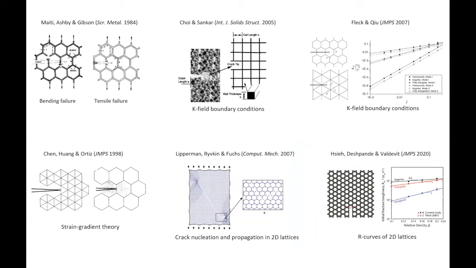So it always starts with Gibson and Ashby, right? They were trying to understand brittle honeycombs and what their toughness is. And basically what they did is classical linear elastic fracture mechanics, and that has propagated for a while. So most of these works, and I'll talk a little bit about the two exceptions, introduce a crack, right? And you apply some far boundary conditions, a K-field that comes from linear elasticity, and then you calculate your fracture toughness. You calculate KIC. Now, the only two exceptions are by Rifkin and co-workers, who do a numerical